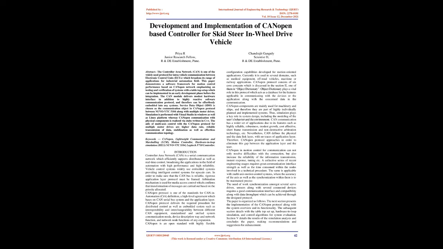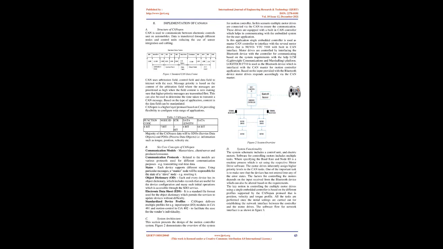Arbitration mechanism is used for media access control, which confirms that transmission of messages is carried out based on the priority allocated. CANopen protocol is one of the standards for CAN in automation. CiA definition, a high-level agreement which is based on the CAN serial bus system and the application layer. CANopen protocol delivers the required procedure for distributed control as well as embedded systems such as interoperability and interchangeability between different CAN equipment, standardized and unified system communication mode, device description way and network function, and network node functions of any expansion. CANopen is an open standard with highly flexible